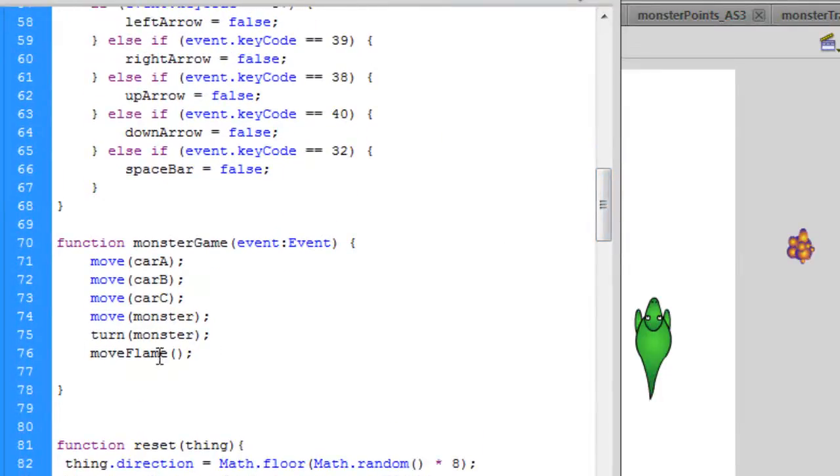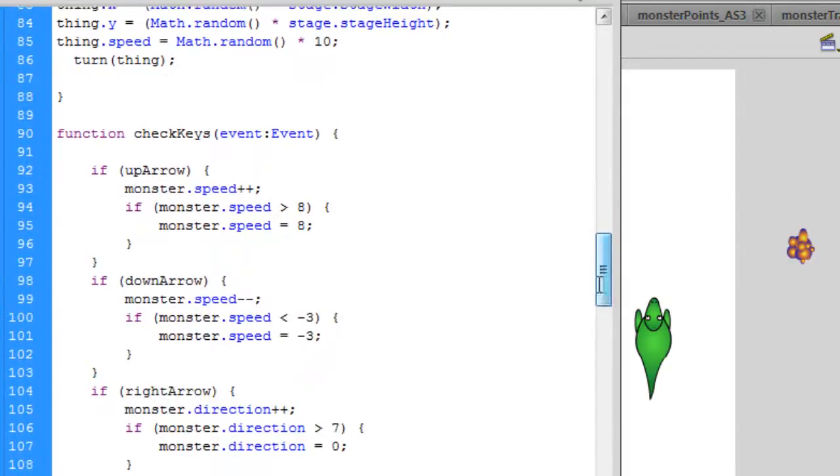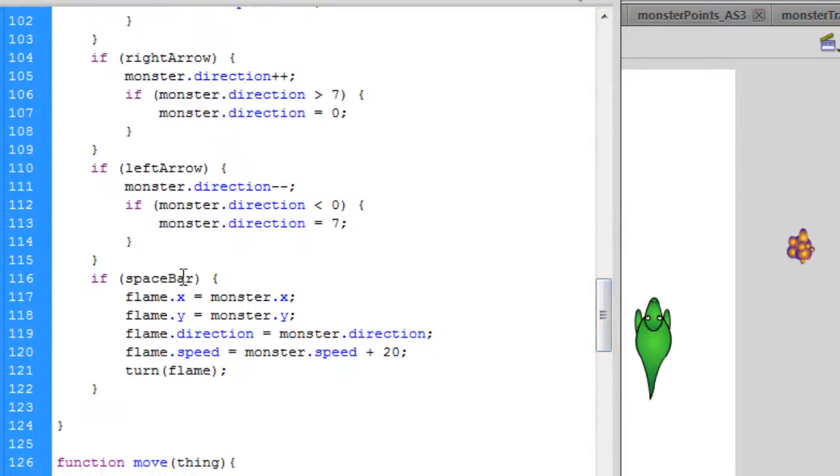All right, so what we have added here to our monster game function is the move flame, which is going to be entered in here. And all of this is the same. All right, our reset for the cars is all the same. Now our check keys, we have to add our spacebar check key. So after our left arrow, which we already had all this in, we're going to add a spacebar